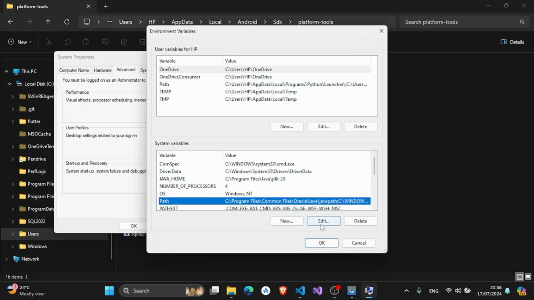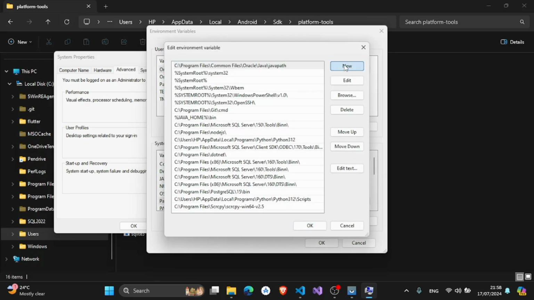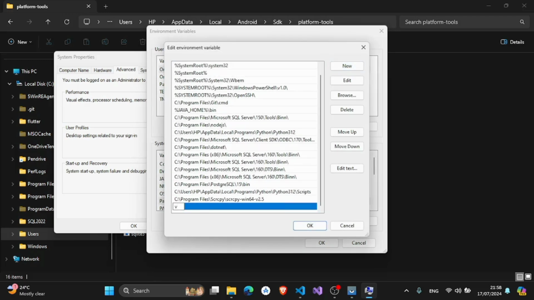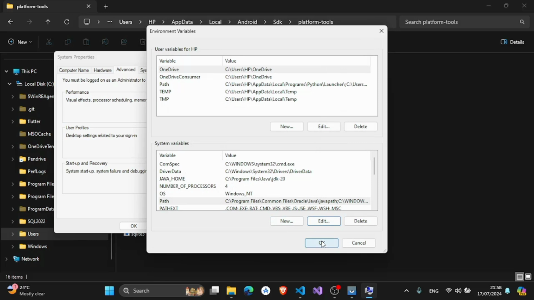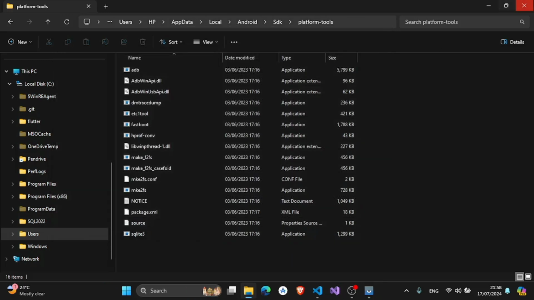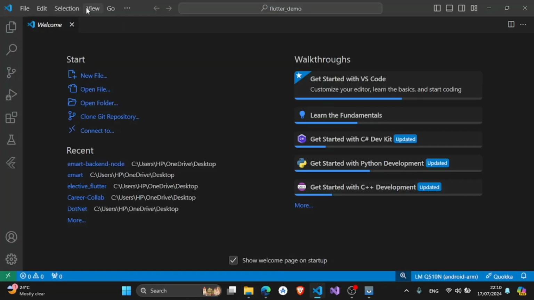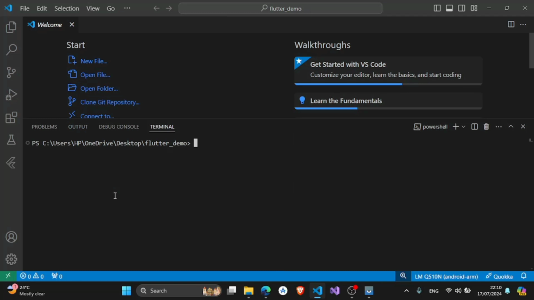Click on path. Then click on edit. Click on new and paste this path that we have copied earlier. Okay. Now click on OK. OK. OK. Now open the VS Code and go to the terminal and here